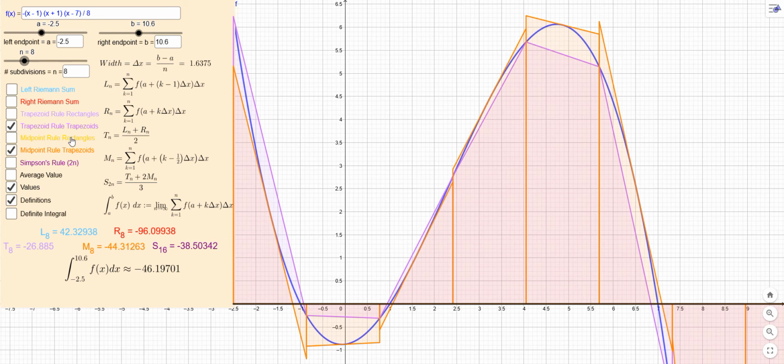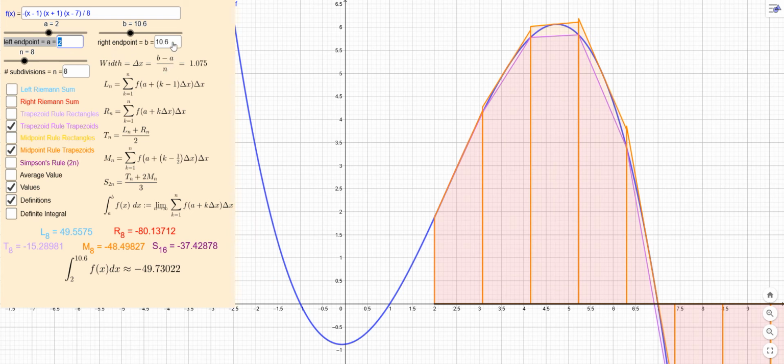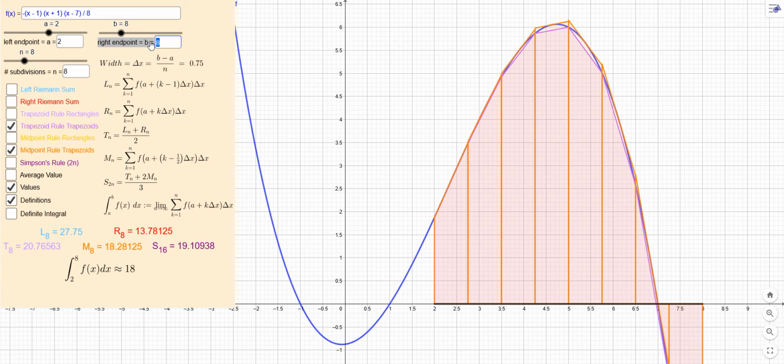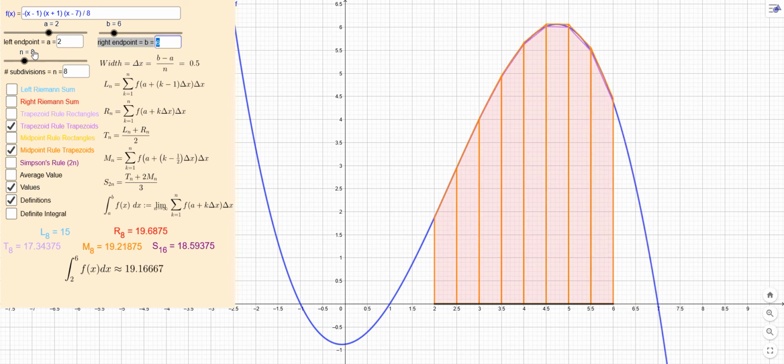In both settings. So that's good news. So let me just go back to the original one I was looking at. Let's say from 2 to 8 again. Now let's go to 2 to 6. So again, the